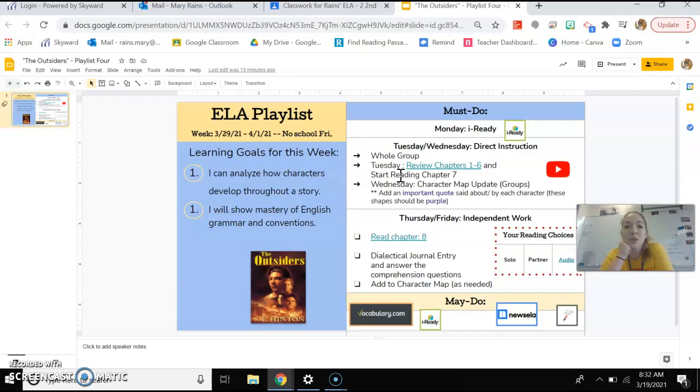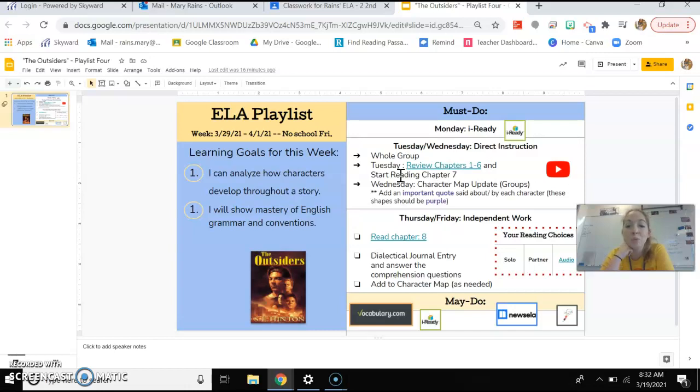Thursday and Friday is going to be your independent work day this week. So you're going to read chapter 8. And then same thing like always, we're going to do the dialectical journal entry and the comprehension questions. And then I also included to add to the character map as needed. We're not going to do this a